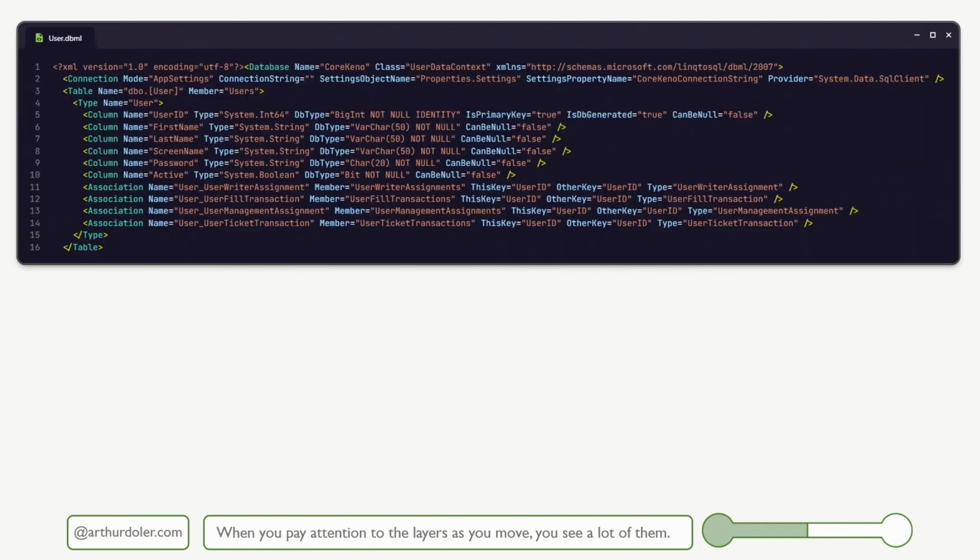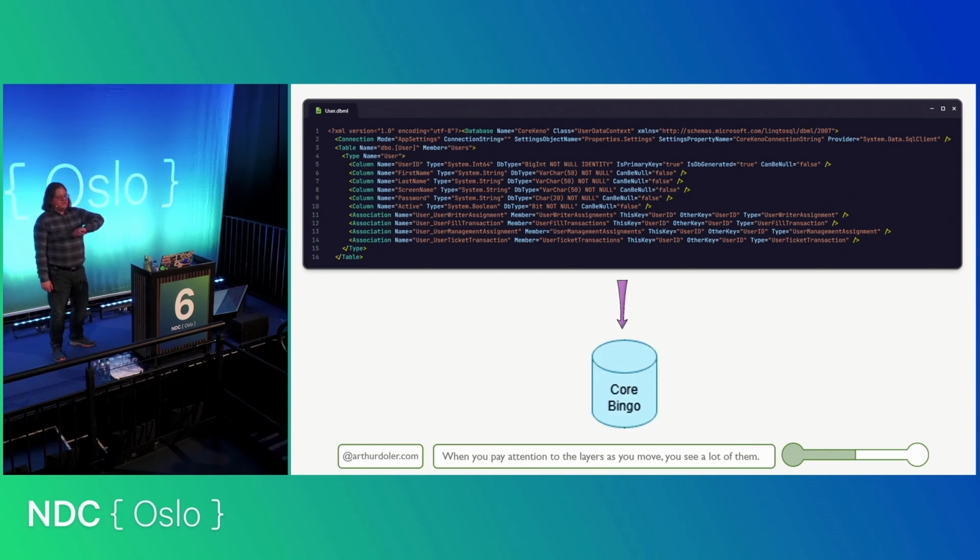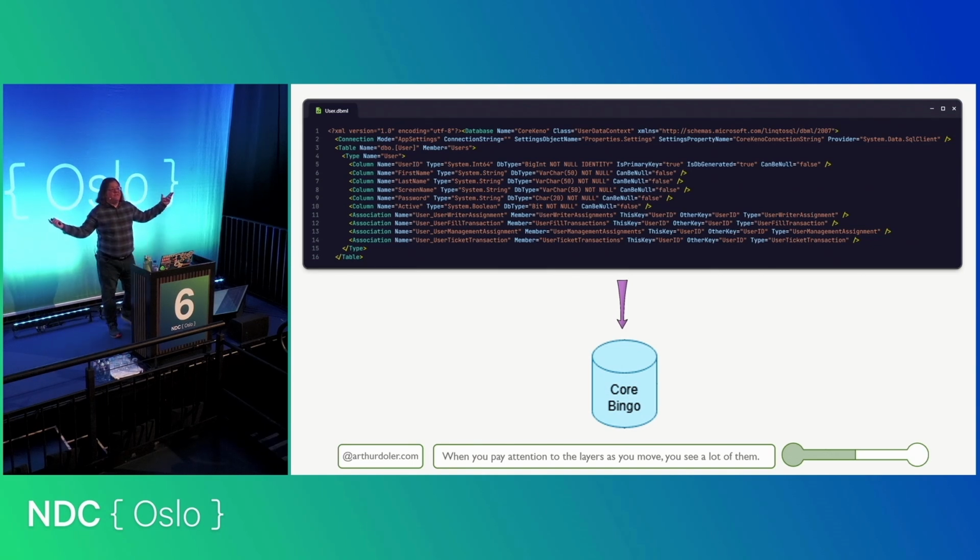Once it's from that, this is the data, the XML that describes the database format, and then from there we go into the database, and we just note goes to database, and we move on from that. This is a walkthrough of a single component, a single path from a single component for a purpose, right? In this case, it was for writers, bingo writers logging on.